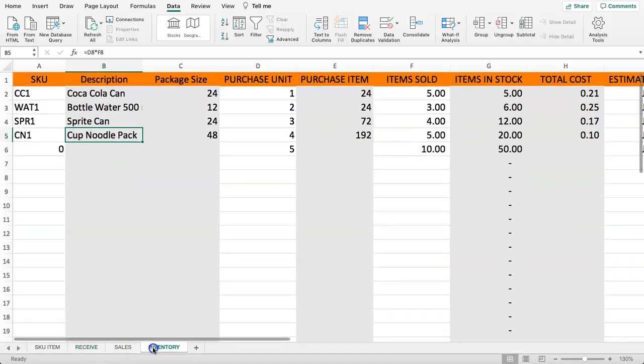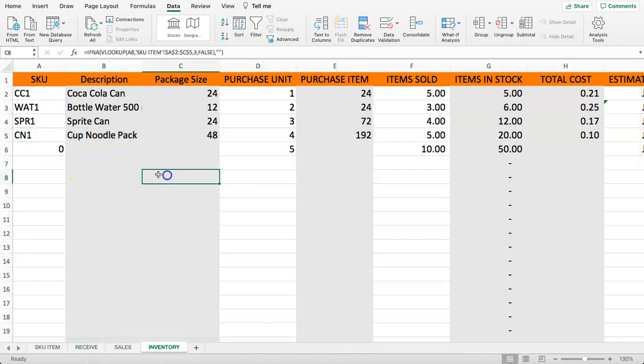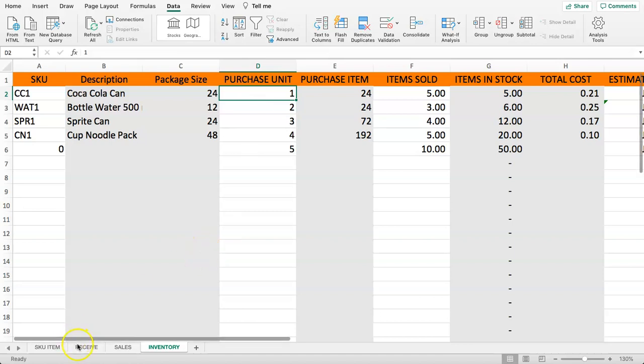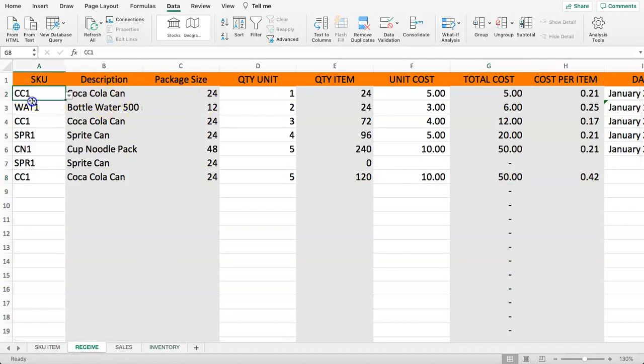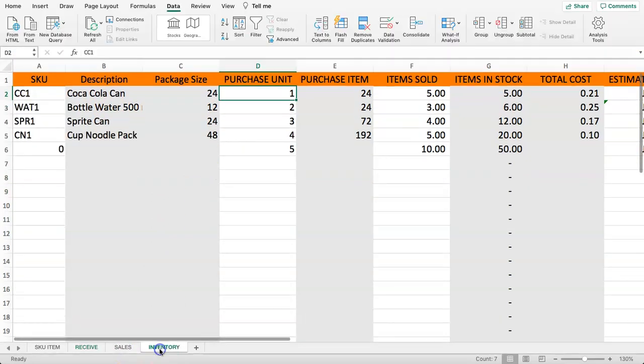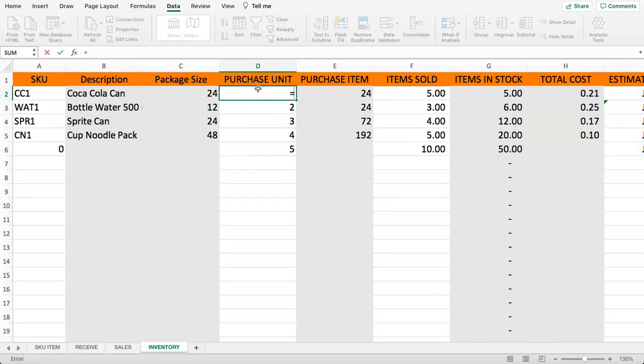So if we see here and we go to the inventory, nothing happens here. Alright, so this maintains all the same. So what we need to do next is, of course, sum up all the values of our receive, which has been recorded, for example, for the Coke, and for every item here. So what we do here is the SUMIF option. We type in equals SUMIF,